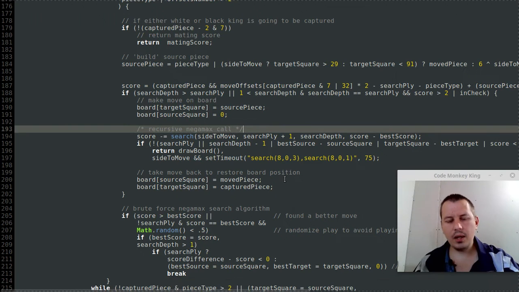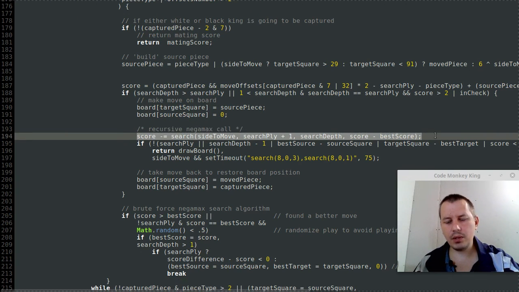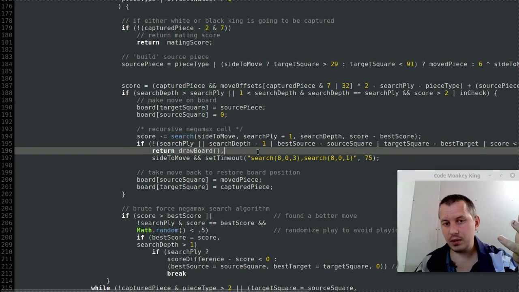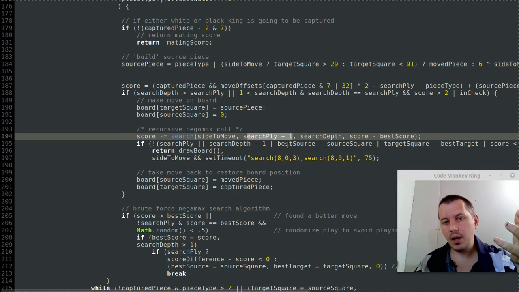All right. So the second one is when the engine is analyzing. So it makes a move for white, makes a move for black, then makes a move for white again, and repeats this until the search depth has been exhausted. Meanwhile, increasing the